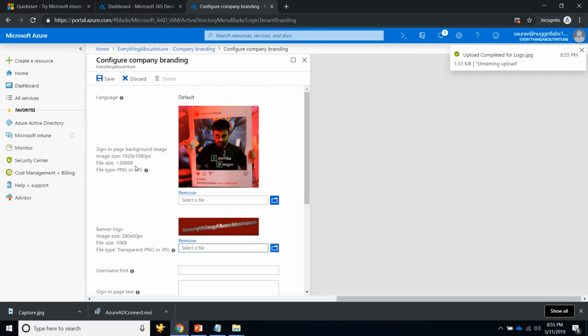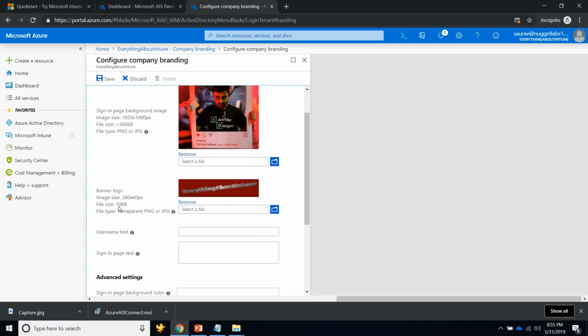The size is important in this case. The file size should be less than 300 KB, and for banner logo it should be less than 10 KB. So the use of company portal branding is that, let's just say that end user is enrolling his device to Intune, okay, to our tenant. So if he